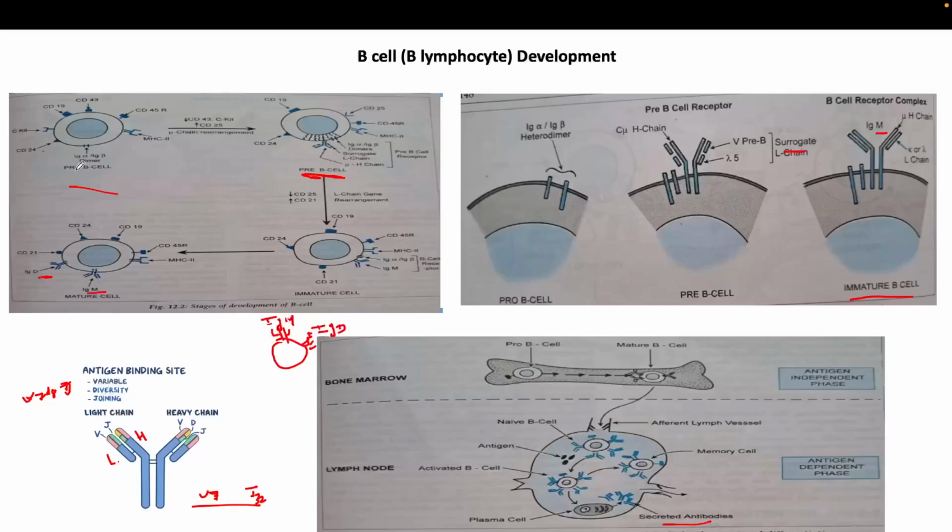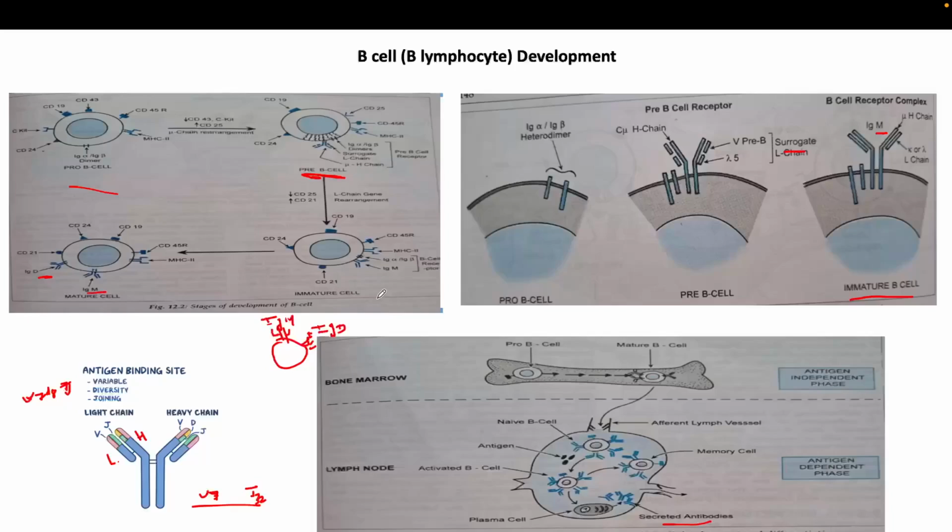Okay, during the transition of pro B cell to pre B cell, once this pre B cell is formed, it has the intact heavy chain, and it has the surrogate light chain, because the light chain synthesis is not yet completed. Okay, so once this pre B cell receptor is converted into the immature cell, at that time the light chain synthesis is also completed. Okay, and the IgM molecule will